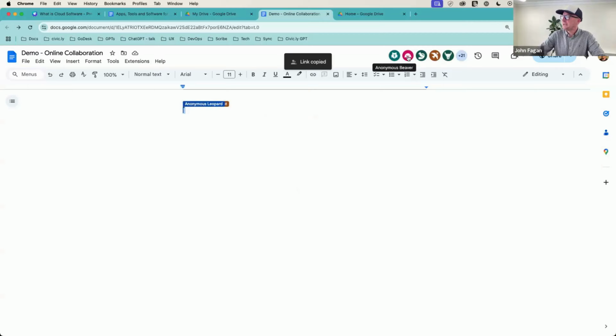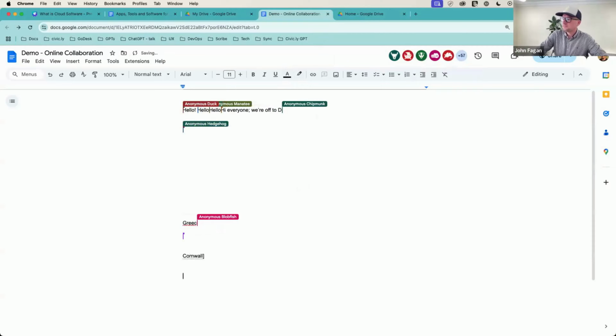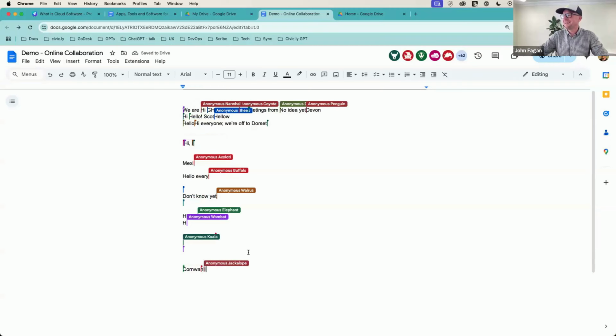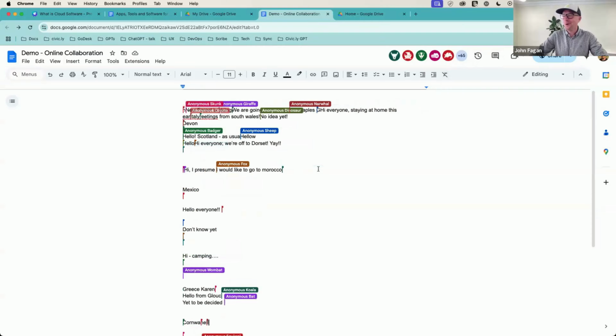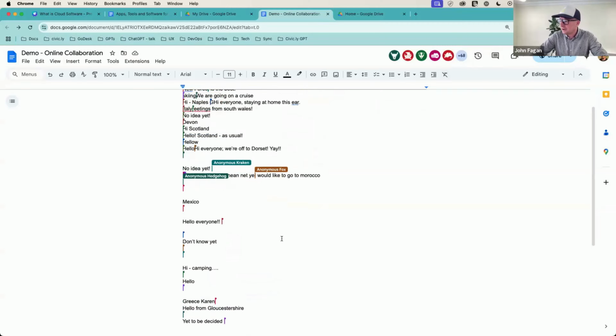People are logging in now, and it's bringing up these avatars. So we've got 27. You can go in there and just write where you're going on holiday this year. Where am I going on holiday? I think I'm going to Cornwall. There we go. Look at that. It's wild. Multiple people editing, and it's a bit crazy because we have 63 people in there. We're all editing. Oh, someone's going to Mexico. That's the most fancy so far.